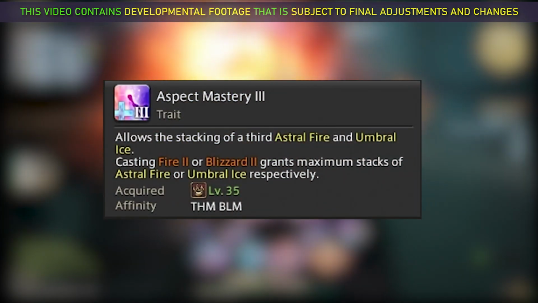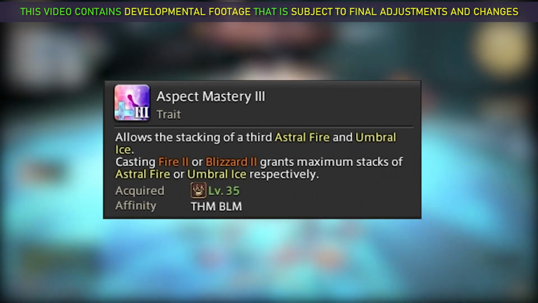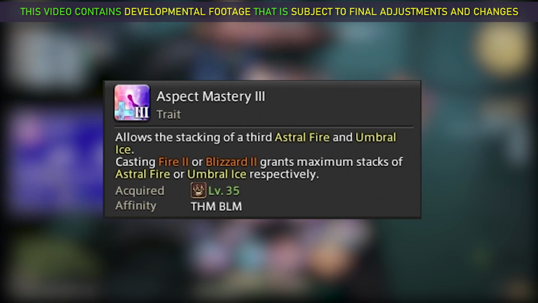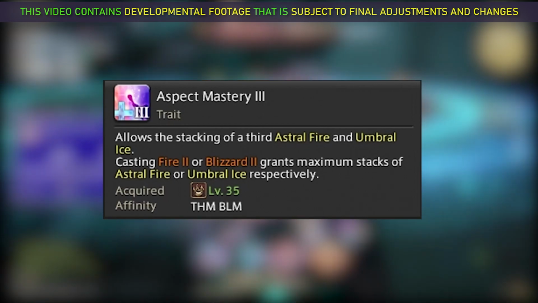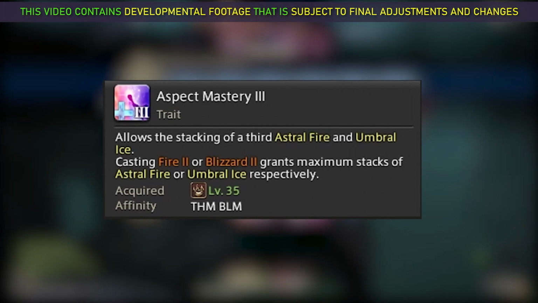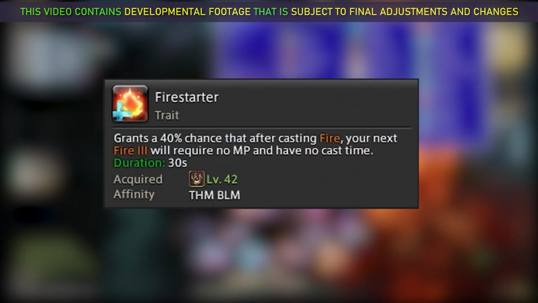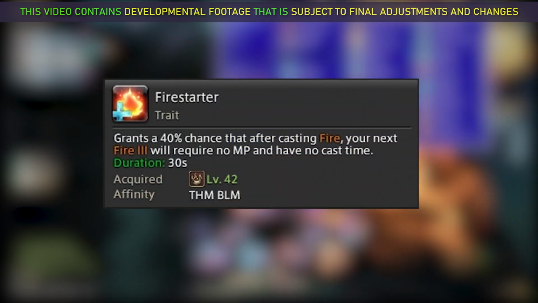This allows for the third stacking of Astral Fire or Umbral Ice, and casting Fire 2 or Blizzard 2 will grant maximum stacks of Fire or Ice respectively. Then you see Magic and Mend 2 coming in from Magic and Mend at level 40, giving you that increased damage and healing restoration. Fire Starter continuing to be awesome and do exactly what it needs to do at level